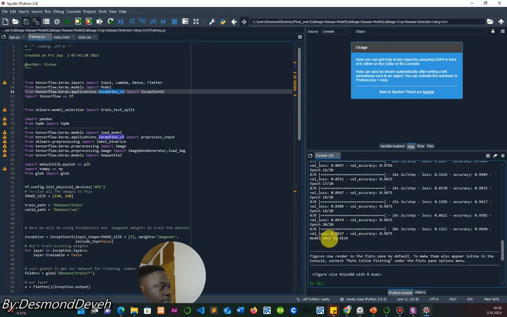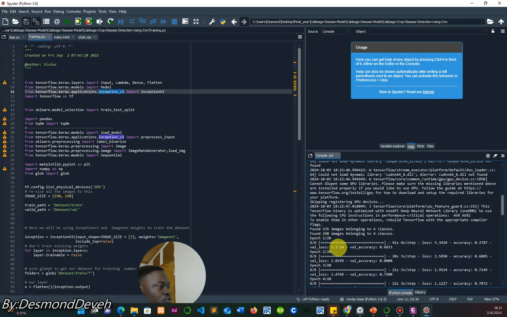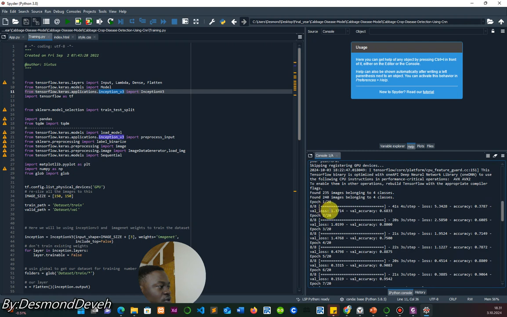Okay, so now we have a loss of 0.0627, but in the beginning the loss was higher, because in the beginning the loss was 1.3714, and then the accuracy was 0.6833. So this means that in the beginning the model, Inception V3, didn't understand the images, the